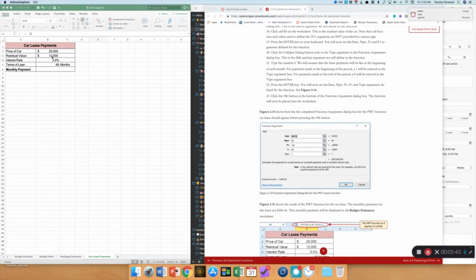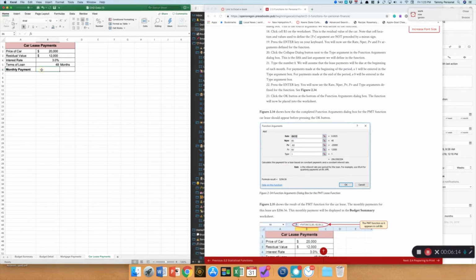So that's a residual value. For those of you who remember this from financial accounting, what you're doing is financing the depreciation. So you say, I'm going to buy a car for $20,000. I'm going to assume that I can sell it after 48 months, or 4 years, for $12,000. And I'm going to get a lease on that $8,000 for 3%. And so our payment is going to be